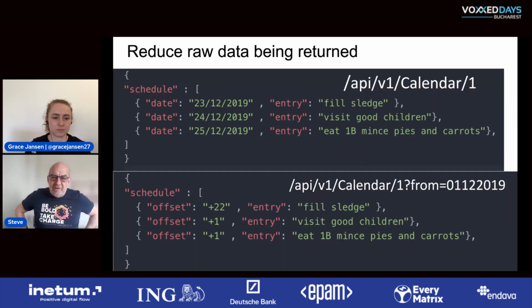And a little thing you can do is don't give out raw data. Think about how easy it is for somebody to make use of the data you give them. So if you give out dates, for instance, in this example, but it could be anything, then make them work for it. Don't give them out raw dates. Give them something like in the second example, where there's some starting condition and you give offsets. Just make it harder for the data to be consumed, because there are a bunch of guys out there who are just going to scrape it. And if it doesn't work on the first go, it's not useful, they'll go somewhere else.